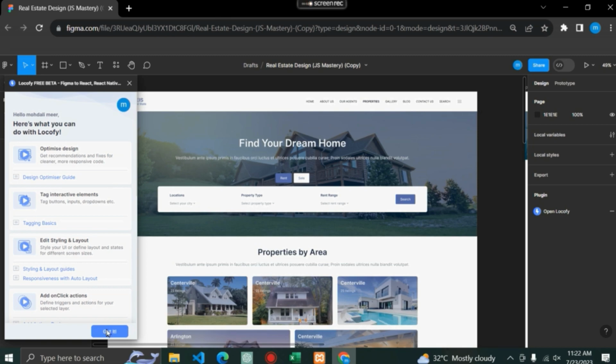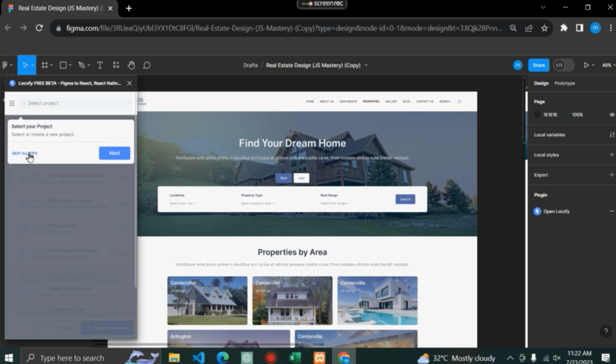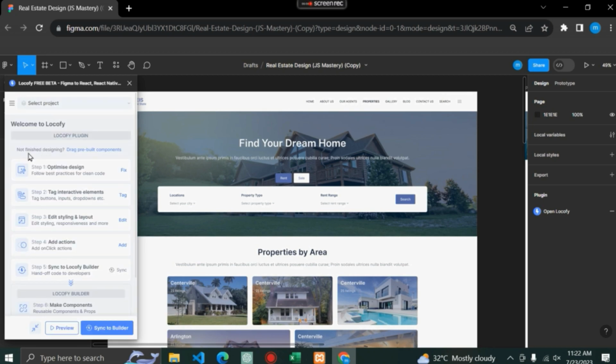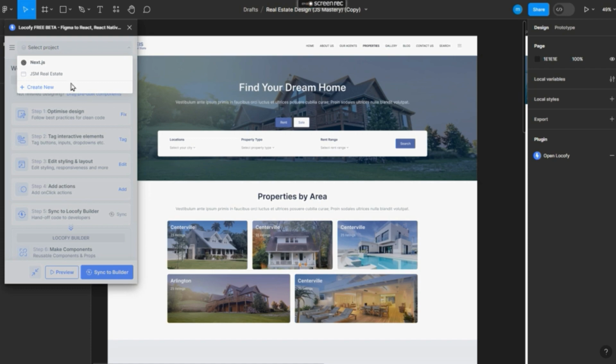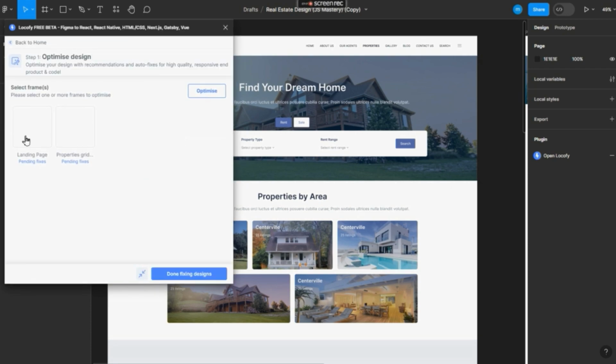Locofy shows some demos which we will cover in the tutorial, so you don't have to waste your time on seeing those tutorials. Just follow along with me, you will better understand what we are doing. Select the project name, and optimization means that